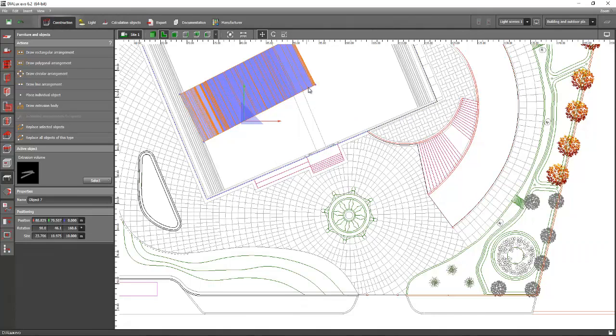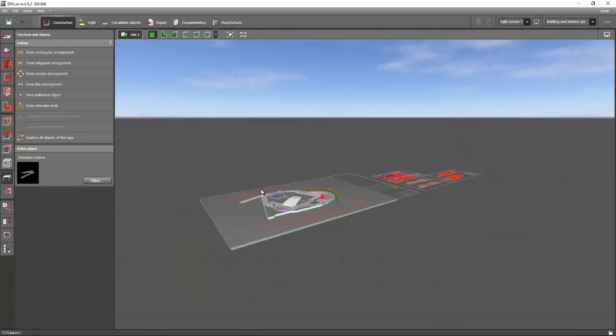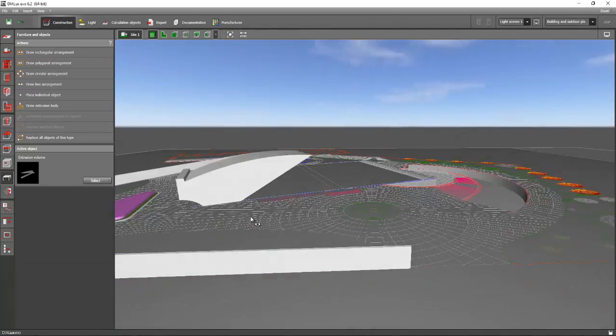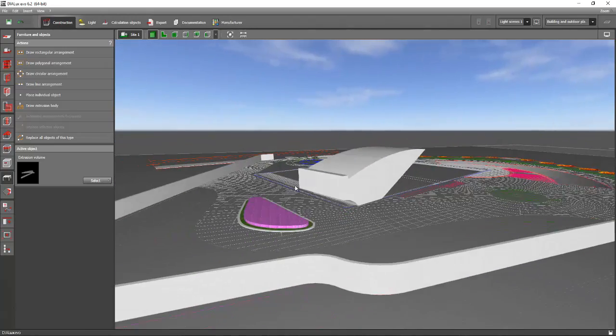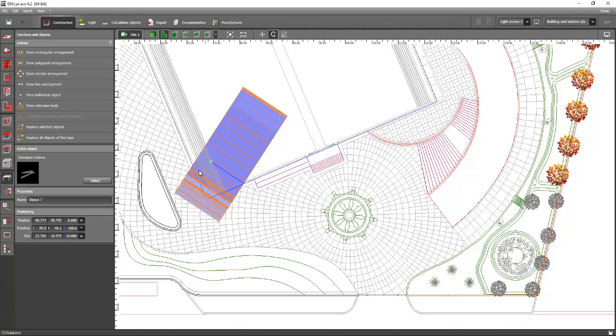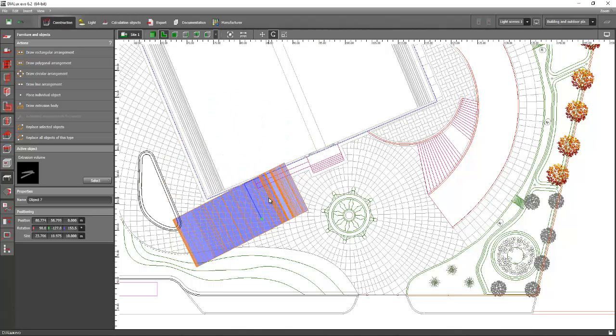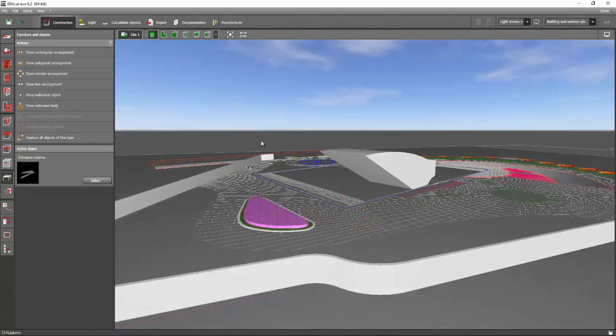For example, it's like this. And okay, I think my orientation is incorrect. So let's rotate it properly. Yes. And move it, and make sure that it is properly rotated.